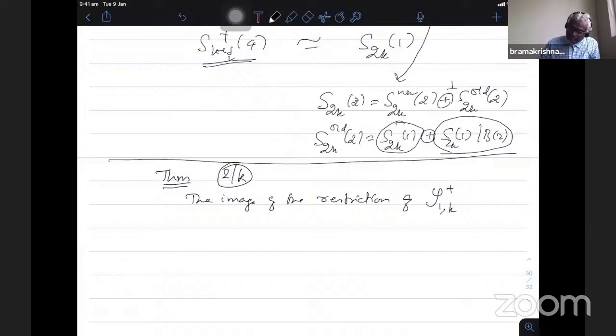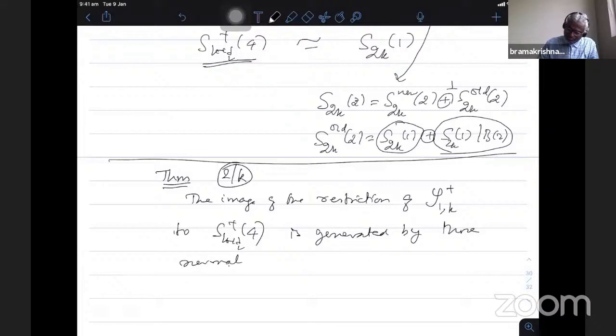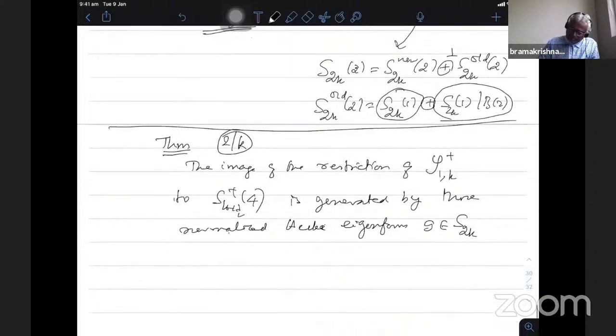The restriction of this to Sk plus of plus 4 is generated by those normalized Hecke eigenforms G in S2K such that they satisfy